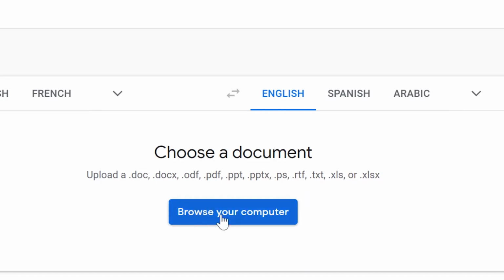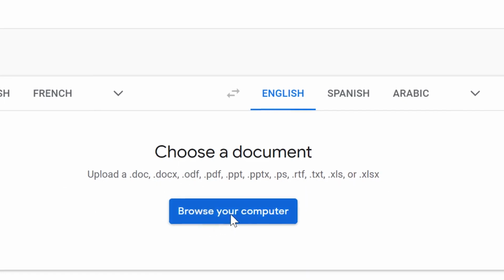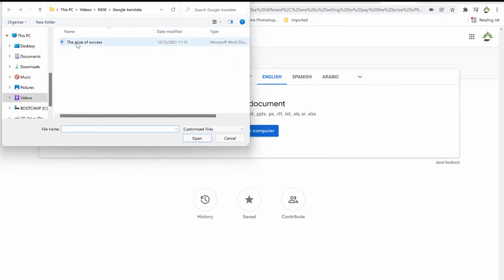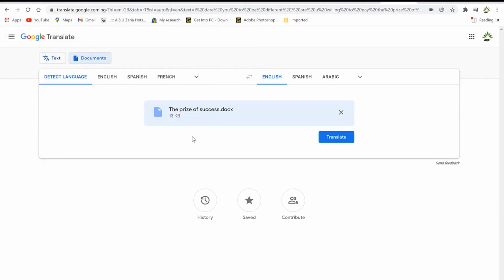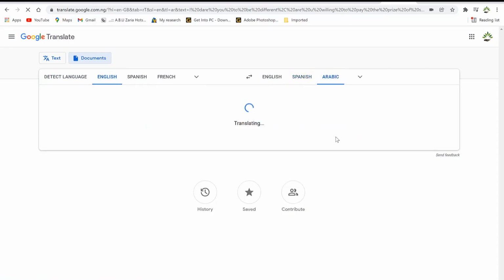So assuming I have a document in Word, I just pick it, navigate to the location, select this document, The Price of Success, and just open it. And once I open it, I select the language that I want it to be translated to. Right now it's English and I want it translated to Arabic. So I just say translate, and you can see it over here. It's just been translated to Arabic. So you just copy it,